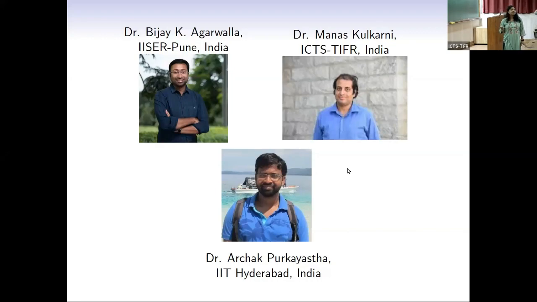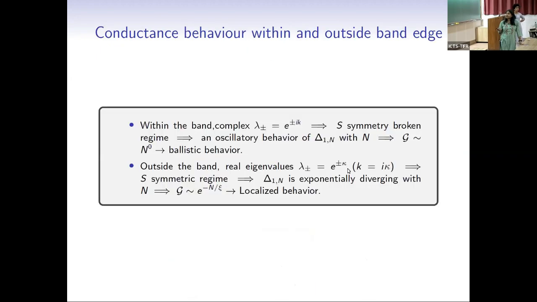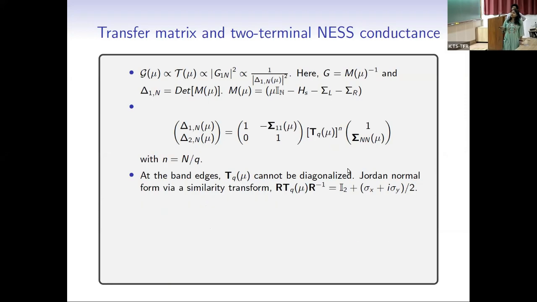Questions. So one is, when you say there's a band edge, there are these exceptional modes. Is the statement that these exceptional modes are carrying the charge, that this 1 by N squared scaling is related to there being an exceptional mode? Should I just think of these particular modes as carrying the charge?